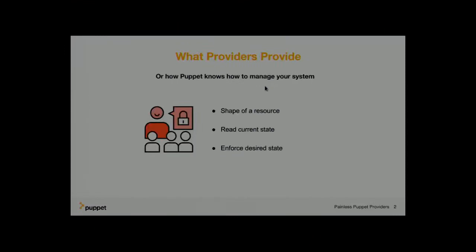For all of you who have not been working on those native providers, let me give you a quick introduction on what providers are in the Puppet ecosystem. They are basically how Puppet knows how to manage small bits of your systems that you want to change. The type defines the shape of the resource: which attributes are there that can be manipulated, what's the name, and what are the possible values for that. The provider itself then allows you to read the state of those resources and finally enforce a desired state onto that system, and that's how Puppet interacts with